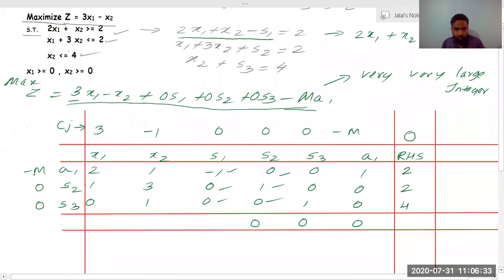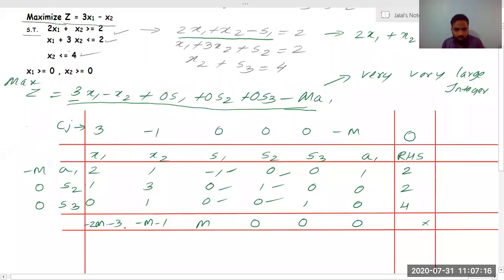So now what we will do is minus M into 2 will be minus 2M, minus 3. Zj minus Cj. So we have got minus 2M minus 3, because 0 into 1, 0 into 0 will contribute 0. So minus 2M minus 3 is the first value. The second value will be minus M minus 1. I hope everyone can see. Minus M minus 1, because 3 into 0 will be 0, 0 into 1 will be 0, so we need not consider those values. The third value will be minus 1 into minus M, which is M, and all other things will be 0, so M minus 0 will be M. Okay, so we have got three values. This is 0, we need not find this value.